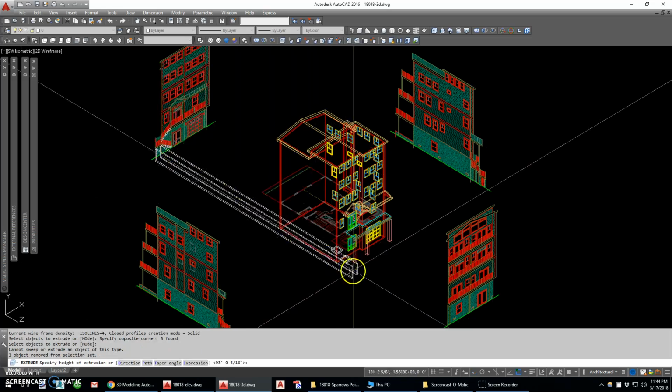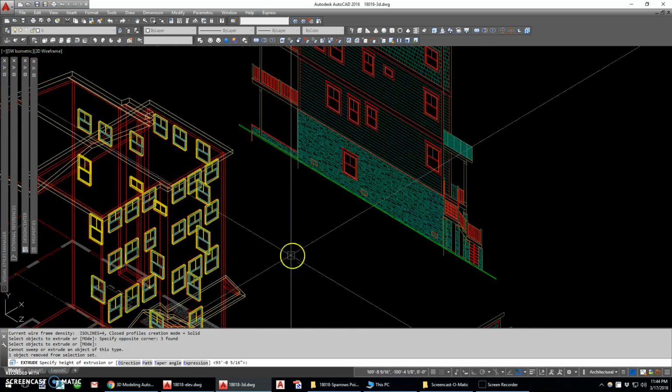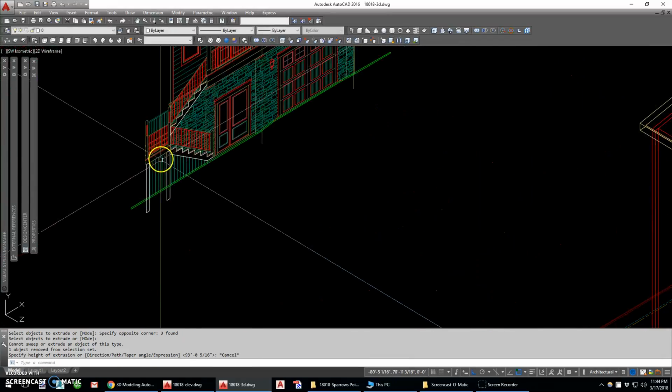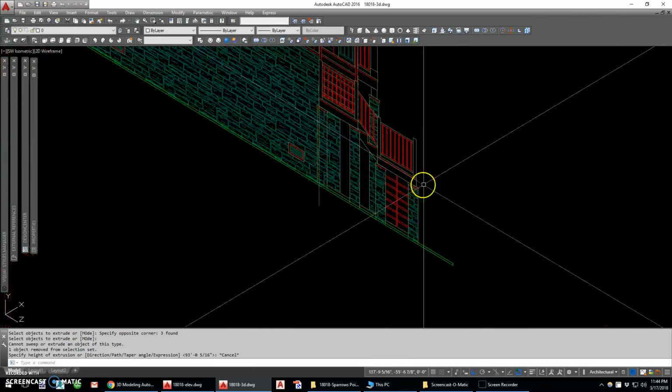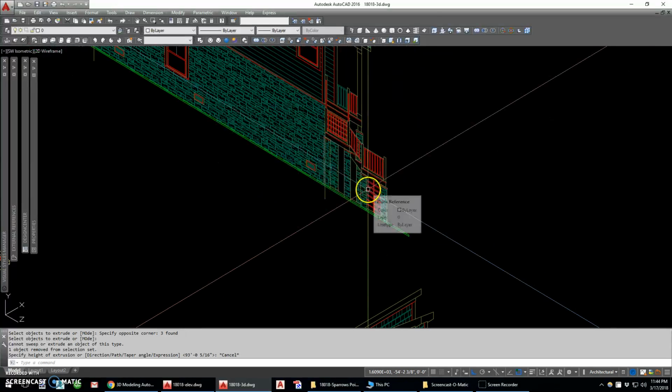These posts I'm going to want to extrude out to where, okay, so they're drawn as wood posts here, but on the side elevation they're drawn as stone. Again, people do things quick. Whatever. So I'm going to assume they're